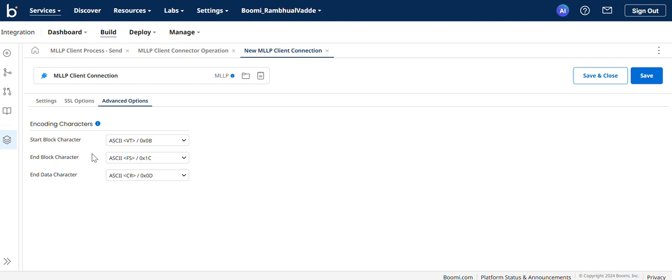For advanced options, we can configure the encoding characters for the start block character, end block character, and end data character for MLLP data. So this is how we can configure the MLLP client